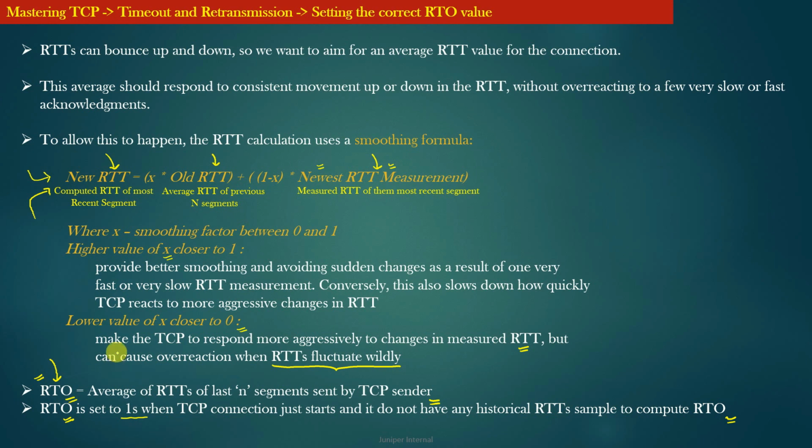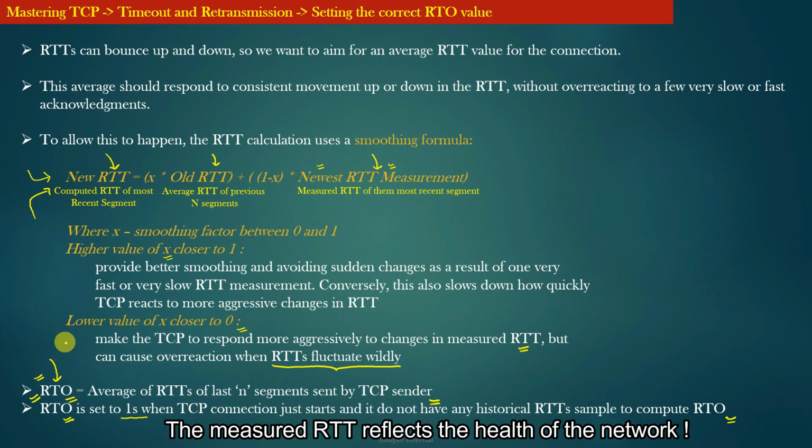If the network is congested, the RTT of the data segments that TCP injects in the network will tend to be high, and therefore the RTO value inflates. Whereas completely opposite happens if the network recovers from the congested state. So the final takeaway is that TCP keeps on updating the value of RTO for a connection depending on the state of the network.